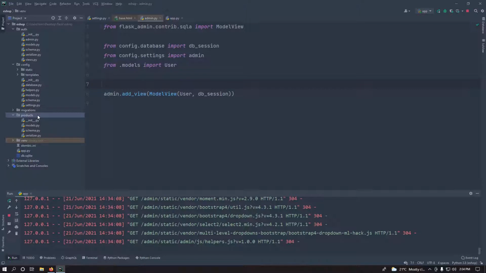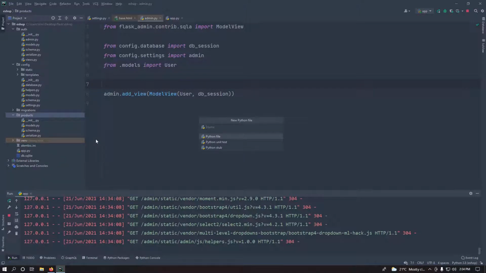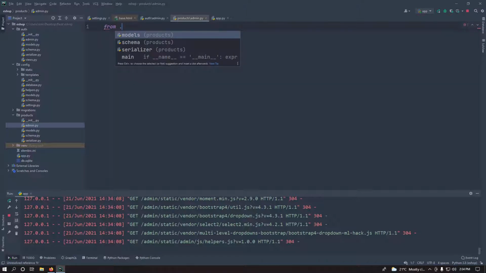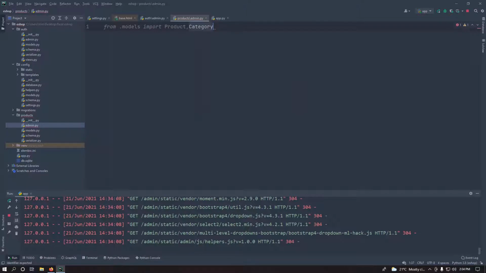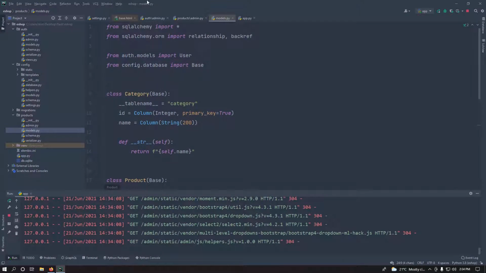I can just go and create another one for product, new, and just make a new Python file and call it admin, and then just over here again just say from .models, just import product, and again category, because I guess they both were there. We can just check our models, product and category.